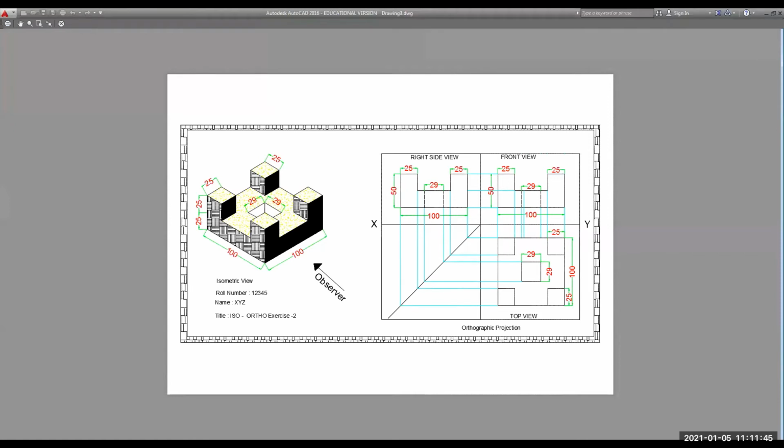Yes. Now you can see that this is your isometric component that we were willing to draw, and this is the orthographic projection of that drawing. Okay, I hope it is clear to everyone. Type in the chat box, clear, sir, all of you. If any doubt is there, you ask me. If it is clear, type in the chat box, clear, sir.